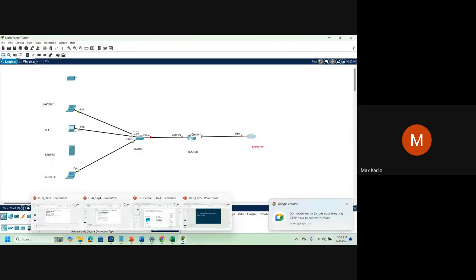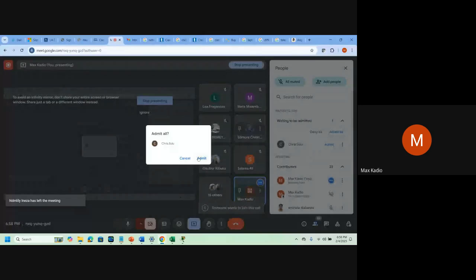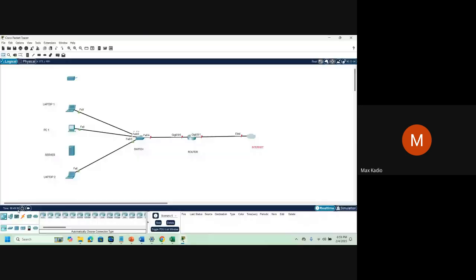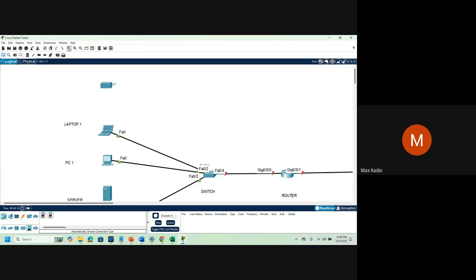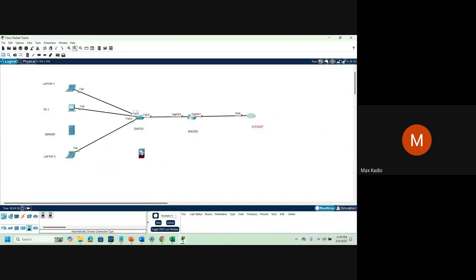Okay, yeah, it's here, this one. Security devices. So it's something like that. You see, you can zoom in, you can zoom out. So this is a security device.